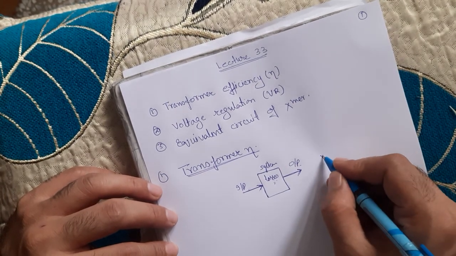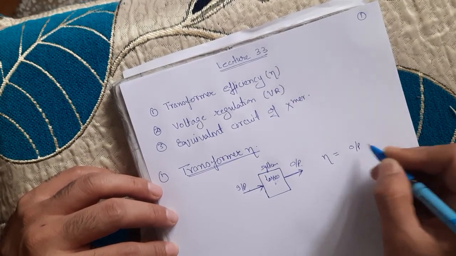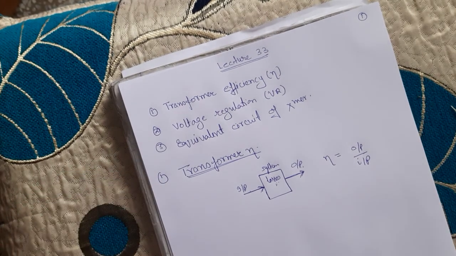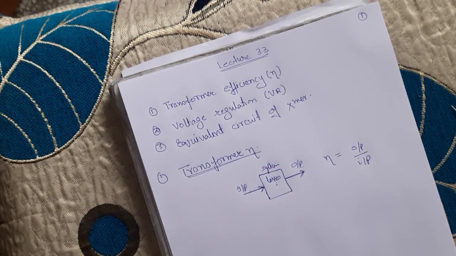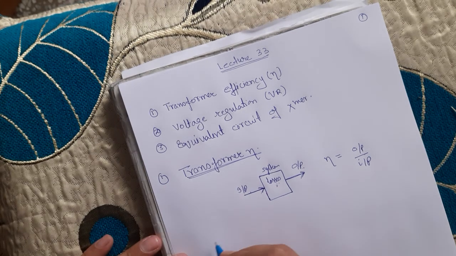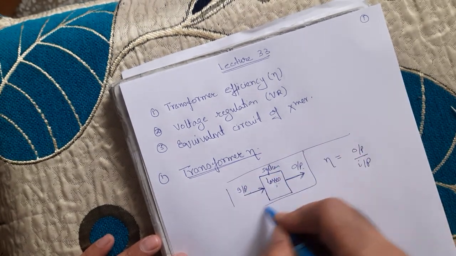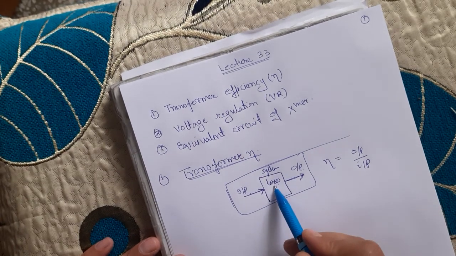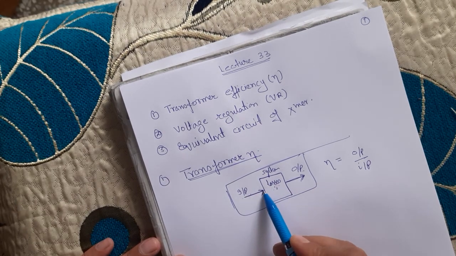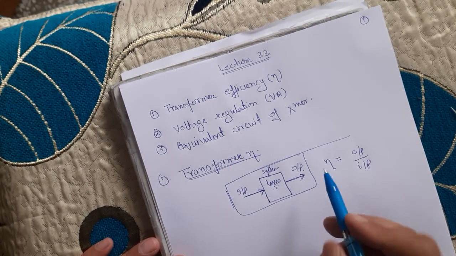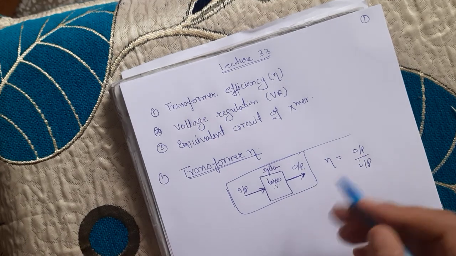In other words, I can say efficiency is nothing but the output by input. In the case of a transformer, the input is power, and the output of a transformer is also power, though the powers we obtain in a transformer are at different voltage levels. This is just an example. Here my system is a transformer, and I am giving some input power to the transformer at some voltage level, and I am getting output power from the transformer at some different voltage level.